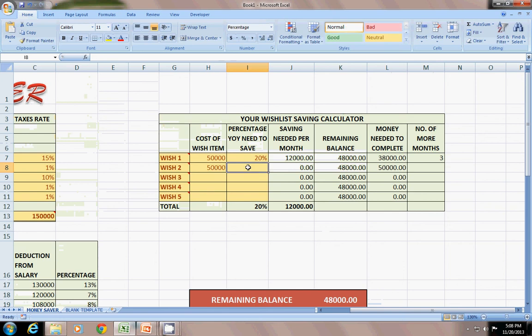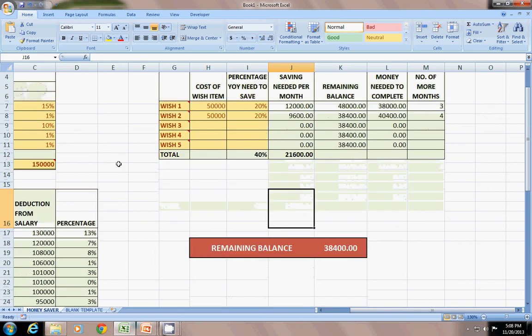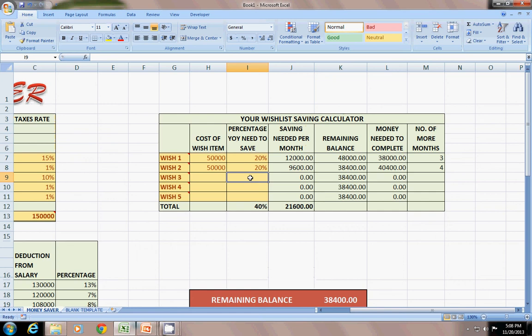If you again say 20% here, it will still be 38,400 out of this value, not from that 60,000. You can just continue down and clear your wish list, but this requires 4 months to complete. So now the remaining balance in your account is 38,400.